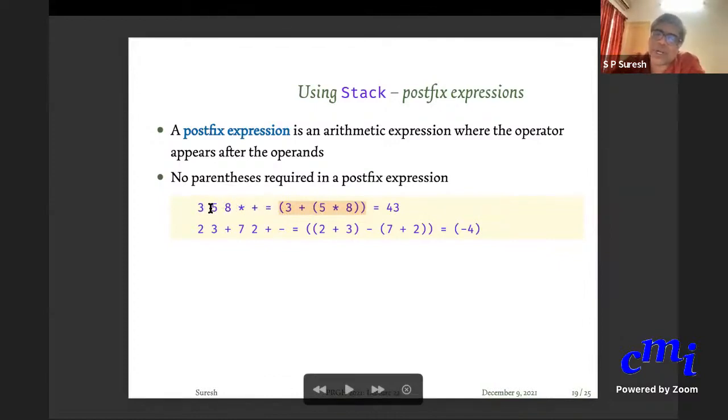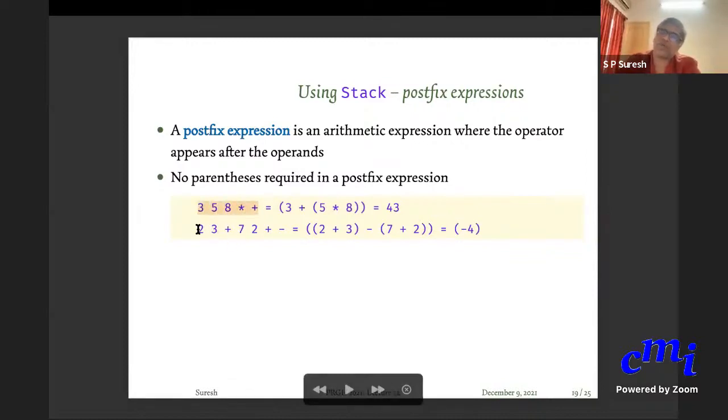This tells you to do the multiplication first and then do the addition, rather than 3 plus 5 and then multiplying it with 8. And this can be clearly stated here because you're saying 3, 5, 8, star, plus. So how do you interpret it? You go, that's a number, this is a number, this is a number, this is an operation. So it applies to the previous 2 things. Now you have 2 things, 3 on the one hand and 5 times 8 on the other hand, and you see a plus, and that applies to 3 and 5 times 8.